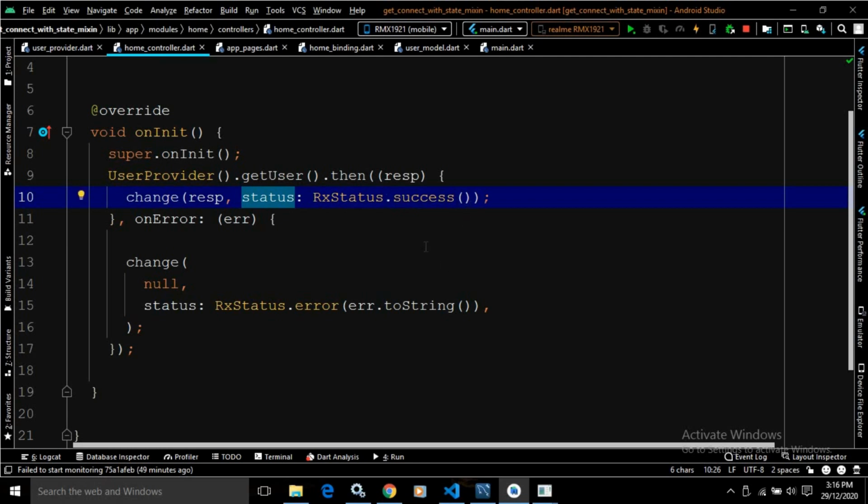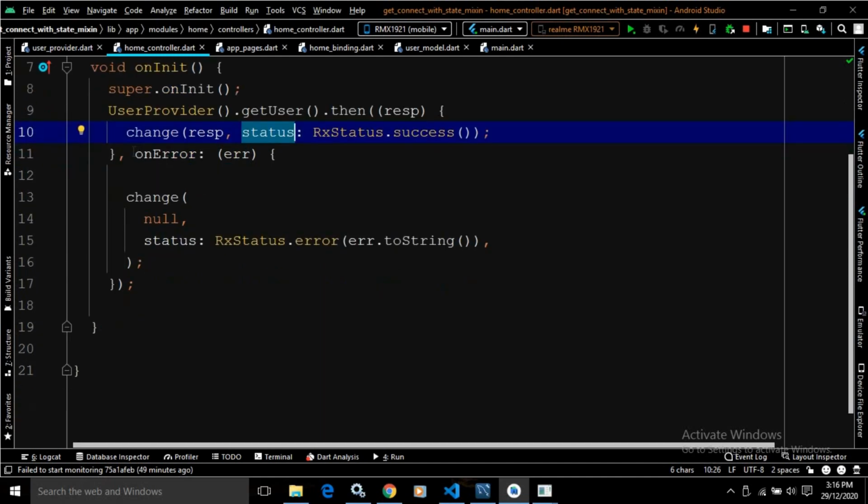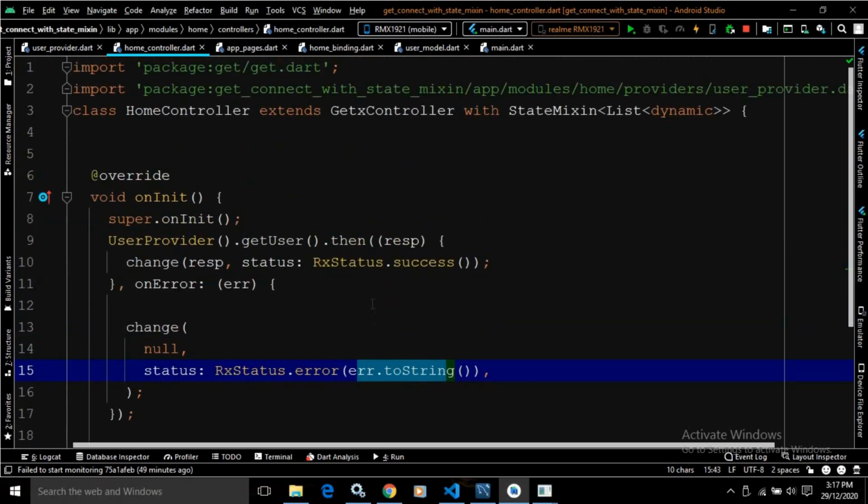But if we are not getting the data from the server, this means if there is an error, then in onError you can see the change method is called again. This time data is null, and in the named status parameter we are passing RxStatus.error, and whatever error we are getting, we pass it by using err.toString.